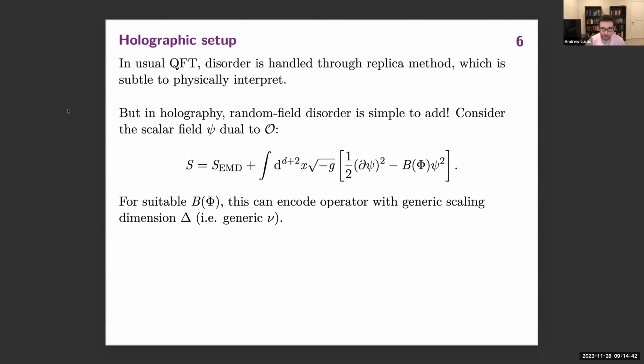We're doing this for technical reasons: if we want to study the dynamics or the nature of the fixed point as a function of its operator dimension delta, we would like some kind of tunable coefficient in the action that allows us to tune delta. In holographic models, this is like the mass of the bulk field. And in these EMD theories, we just need to add a mass that has this dilaton coupling B of phi. So it's known how to choose this B of phi to get any operator dimension that we want.